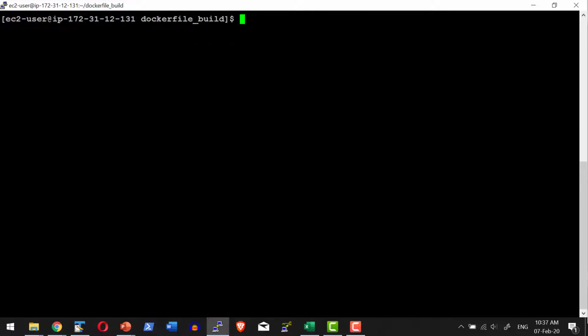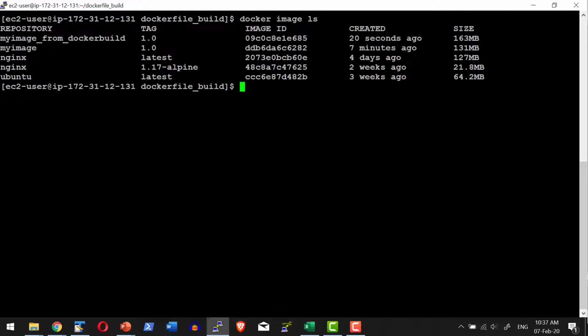Let me go ahead and see the images. Docker image ls. So I do have the image, and the other images that we had imported as well as pulled. Now this is the best place to see the demo for prune. As we had seen earlier, prune is going to remove all the unused images. If I give the command, by default it is going to remove all the dangling images.